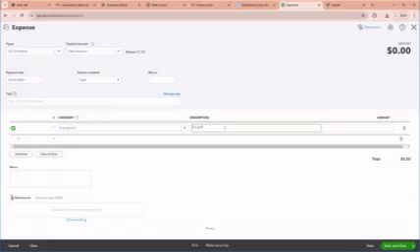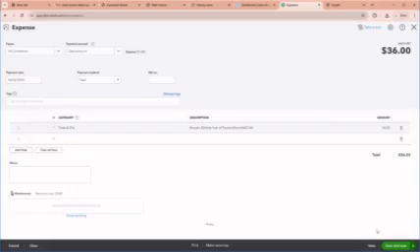So we can now detail: bought 20 liters fuel for Toyota Hilux AAG 2160. I'm just giving this as an example. Then we put the amount. Probably it will cost us $36. So this is how you do it. Then we either save and close, or we could say save and new, right? If we did many expenses,